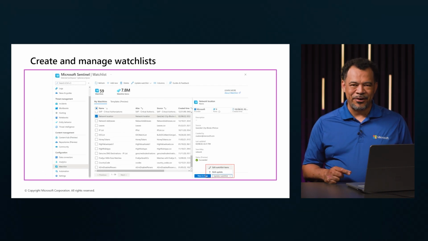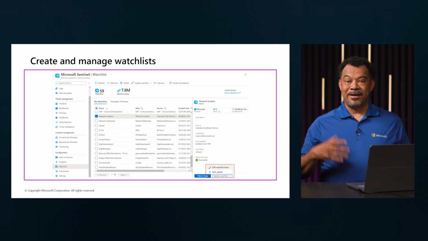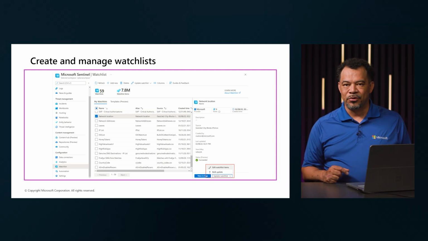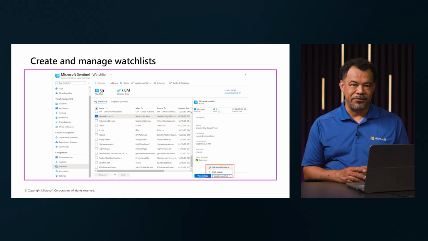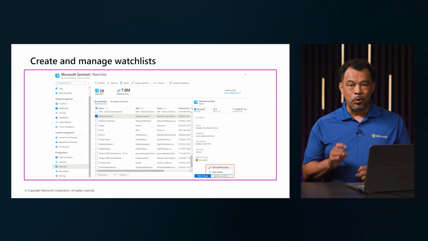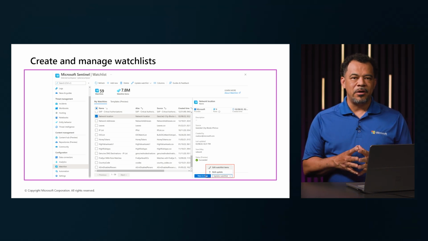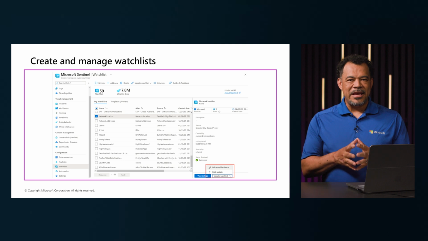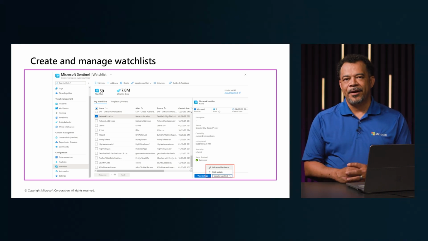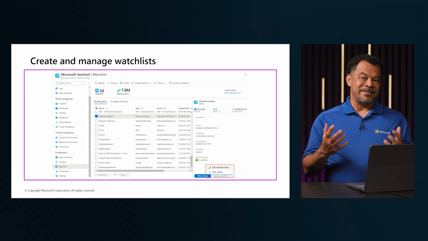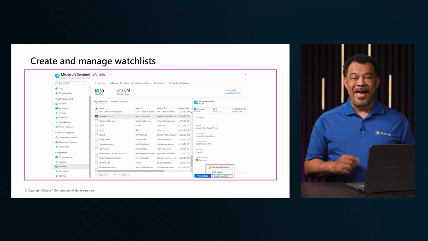Microsoft Sentinel makes it easy to create and manage watch lists directly from its interface. You can upload data like IP addresses or users or domains from files such as Excel, and then you can use that data in your analytics rules, your hunting queries, or even your investigations. The platform gives you full control to add, update, or delete watch list items, and even view logs related to their usage. Each watch list entry includes helpful metadata like names or aliases, the source file type, and status, so you can always know what's active and available.